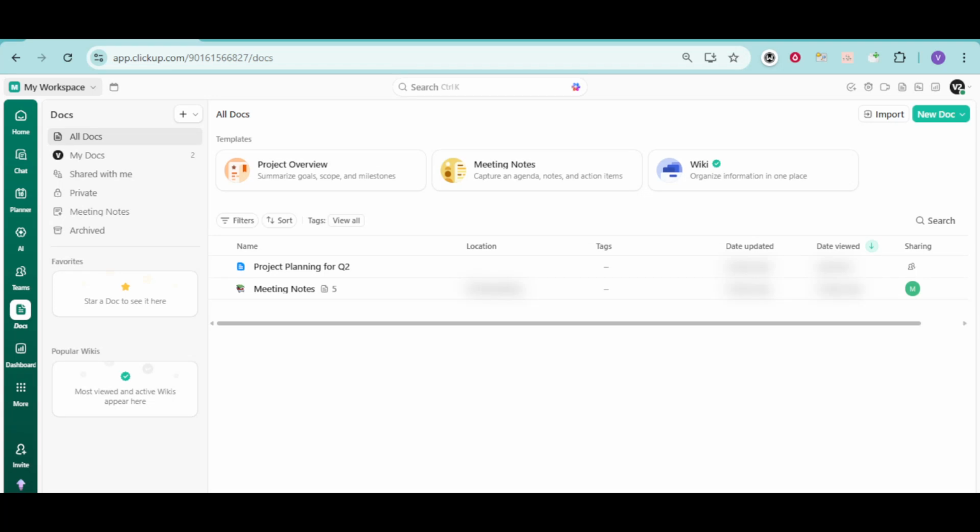In this video, I'll guide you through how to create a knowledge base in ClickUp. We'll go from a blank workspace to a structured wiki-style document that your whole team can use. By the end, you'll know exactly how to set it up, where to click, and how to start filling it